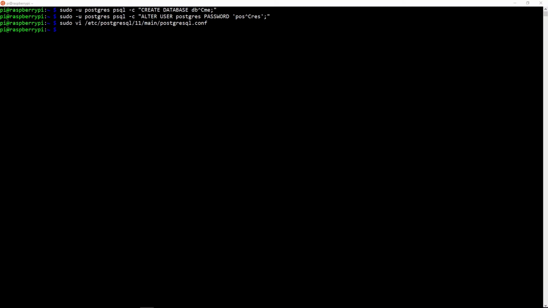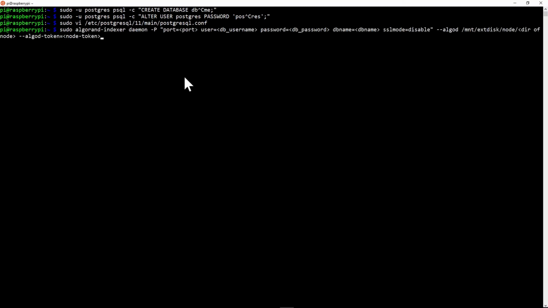And finally, we want to start the daemon, which has the following syntax. We specify the port, which in our case would be 5432 or any other. Then we specify the database name, which in our case is db name. Then you specify the password and the username of our user, which was Postgres and Postgres. And in case you just want to run without SSL in the first phase, you can just run SSL mode